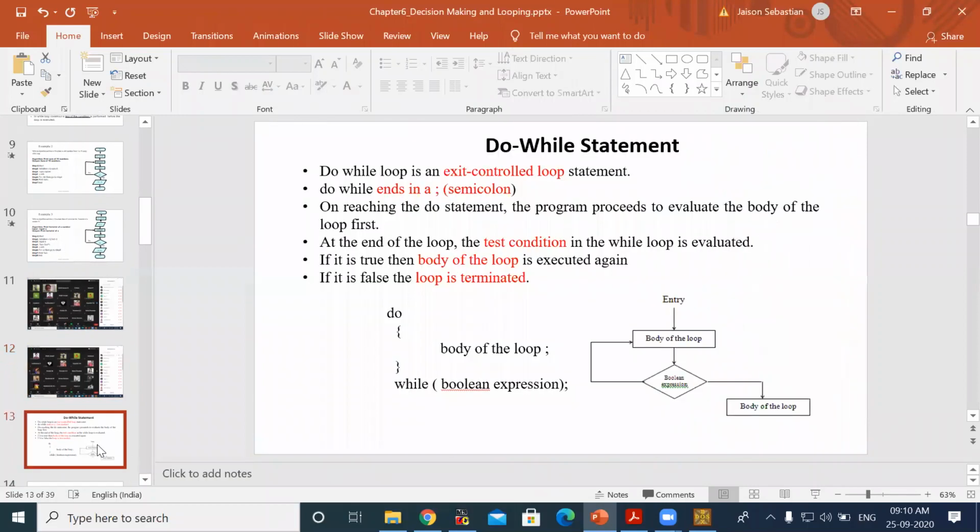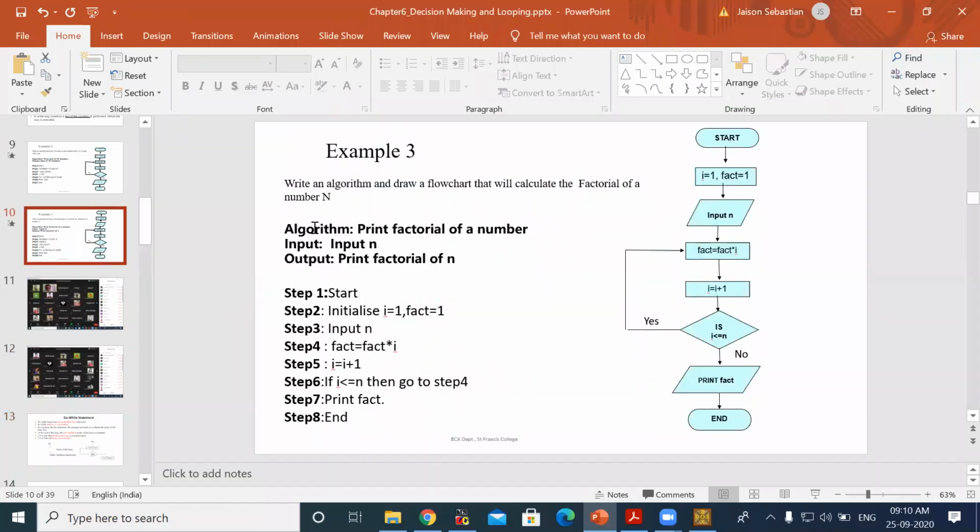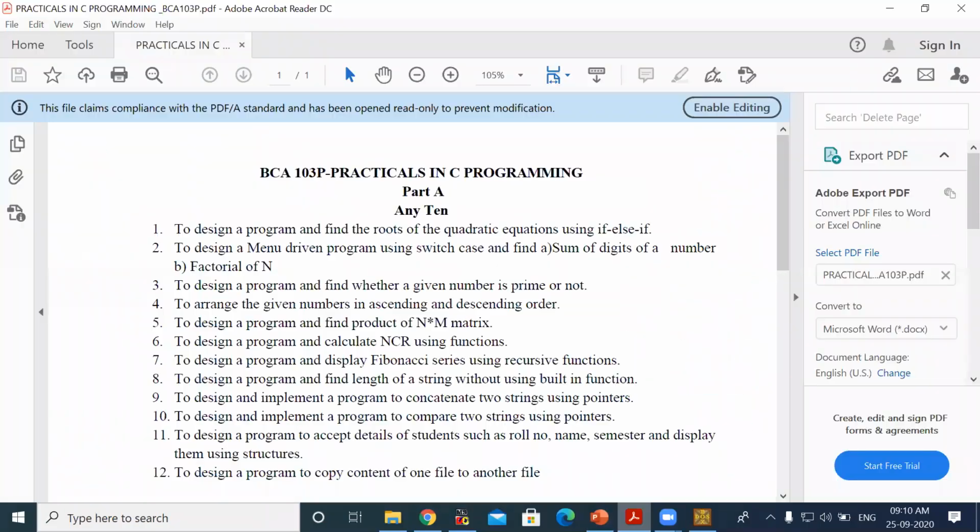I have kept only 2 examples, and now it's almost time. This one is also coming as our lab program, I think. Factorial of